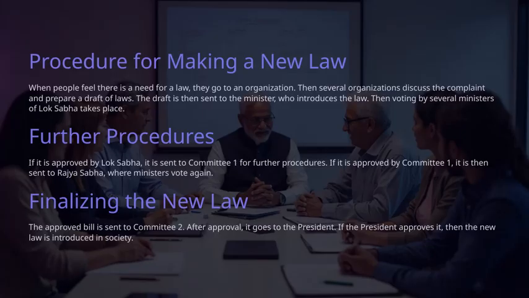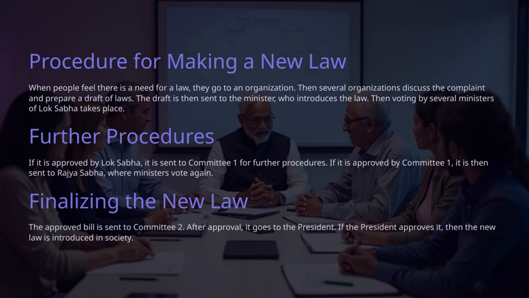When people feel that there is a need for a new law, the first step is to approach an organization that can help bring their concerns forward. After that, several organizations will come together to discuss the issue and work on drafting a potential law. Once they have prepared a draft, it is sent to the minister responsible, who then introduces the law to the legislative process. The draft law is then subjected to voting by several ministers in the Lok Sabha, which is the